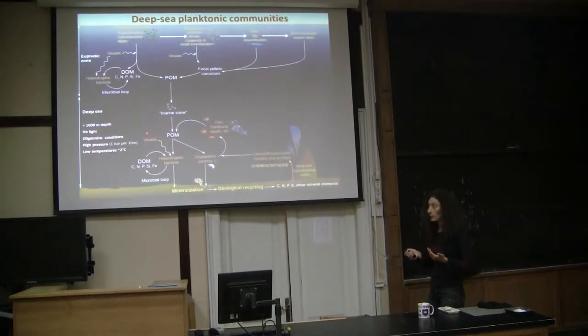to have very low metabolic rates and to rely mostly on particulate organic matter coming from the surface, with only very minor input of chemosynthetic carbon coming from deep sea beds. But essentially, planktonic communities depending on the organic matter coming from above. Most dissolved organic matter, the sugars, etc., everything that is easy to crack, is already recycled in the upper parts of the water column. So the discovery of these Archaea that are very abundant in the deep sea has changed